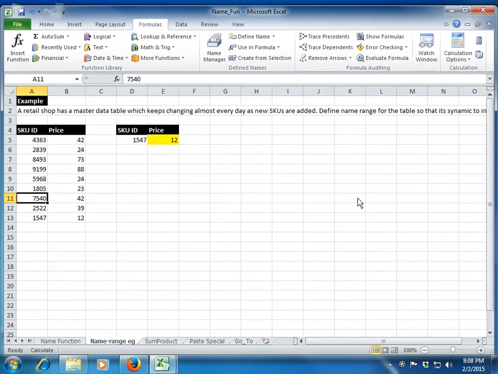Okay, let me add another SKU ID, 1232. Let me give it a price, 12. Let me check whether it searches for that or not. 1232, and you see that it works. Let me just give it another value. Yeah, fine. So you see that by using a simple OFFSET formula,